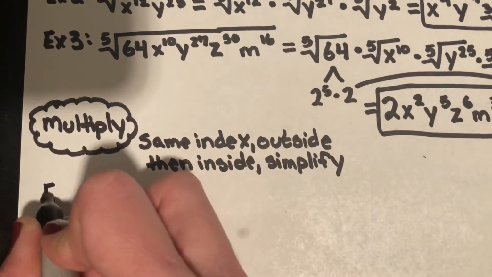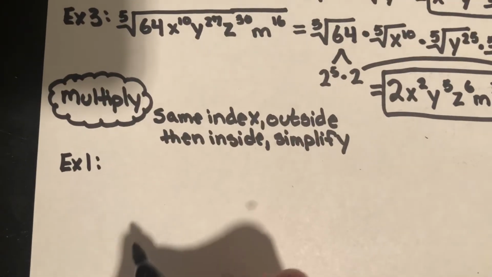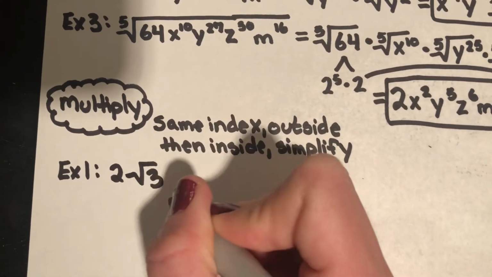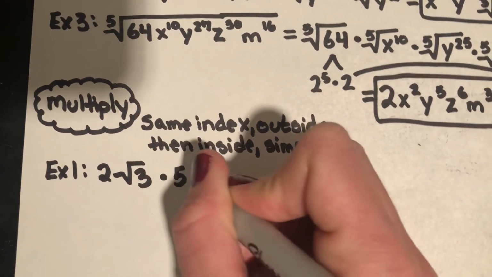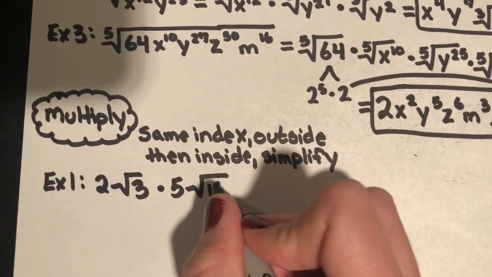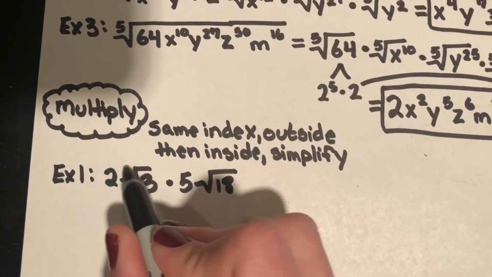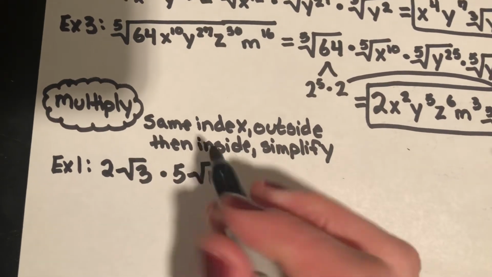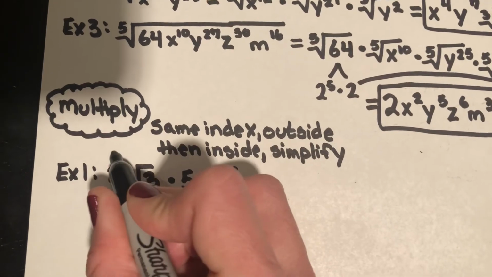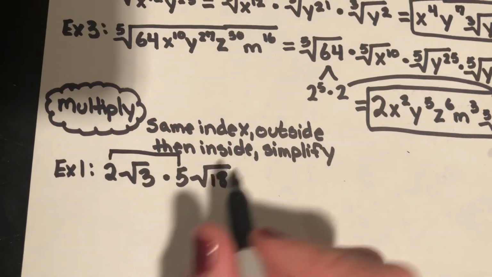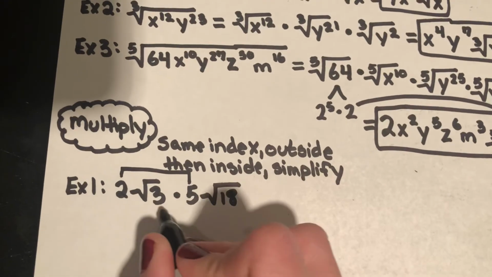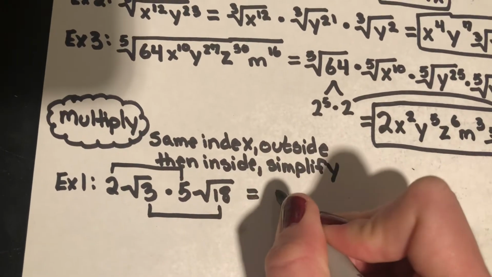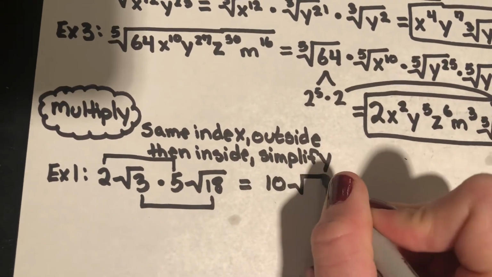So we're going to go directly to examples here. Let's go to example 1. Example 1, if we have 2 root 3 times 5 root 18. Well, first of all, let's look and see if they have the same index. Yes, they have the same index. That means they can be multiplied. We're going to multiply 2 by 5, so the outside, and then we're going to multiply the inside, 3 times 18. So this is going to equal 10 root